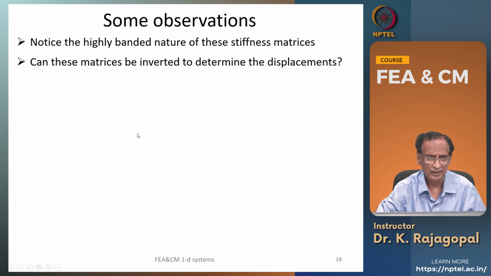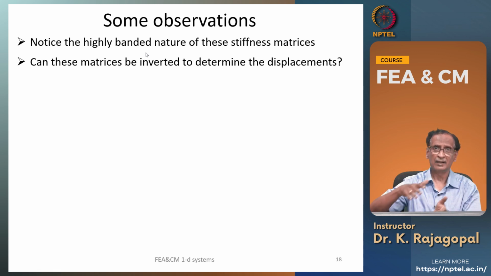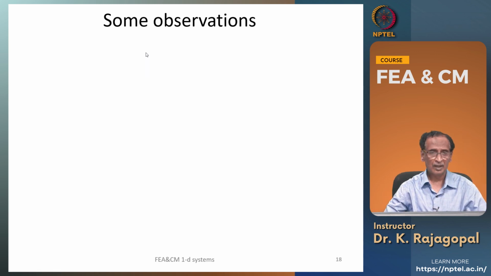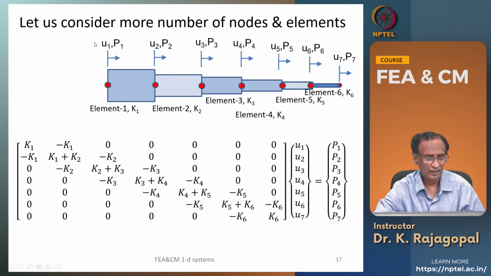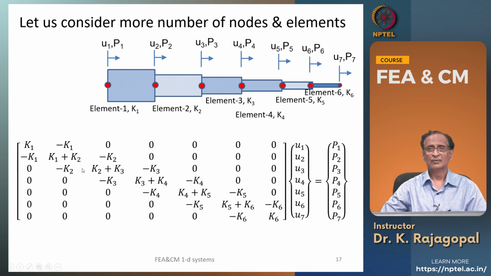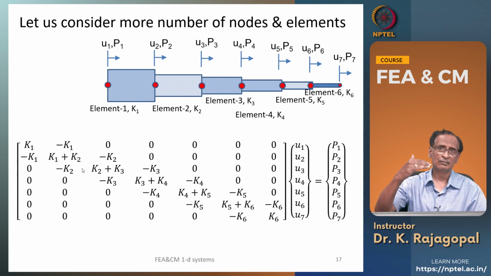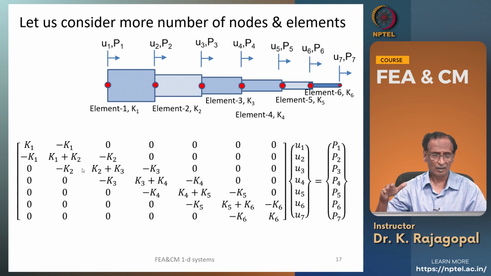Okay? So, the first thing that we need to notice is that the stiffness matrix is highly banded, and most of the elements are 0 in each column. So, if you apply a Gauss elimination procedure for this system, we just need to eliminate one value below the diagonal in each of these columns. So, it becomes very simple, but then if you have to invert this matrix, you need to spend a lot of time,